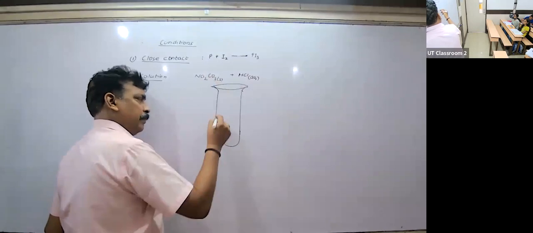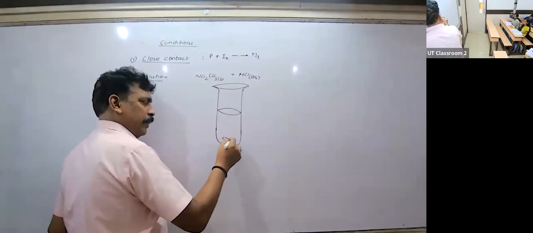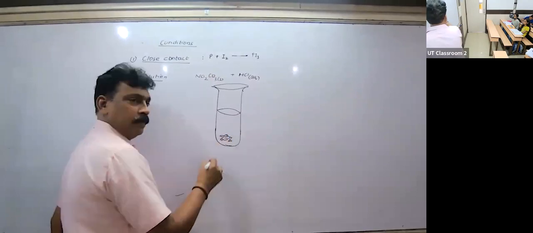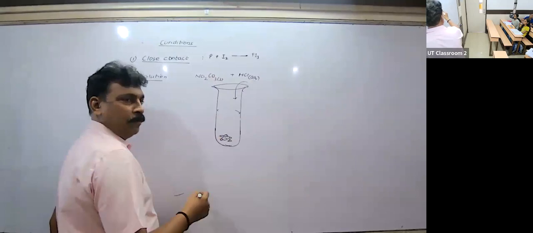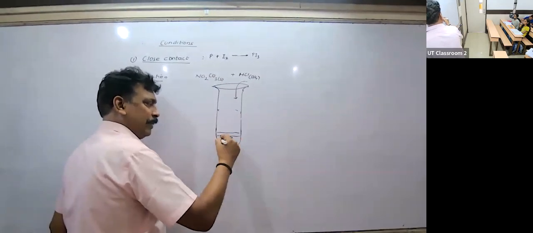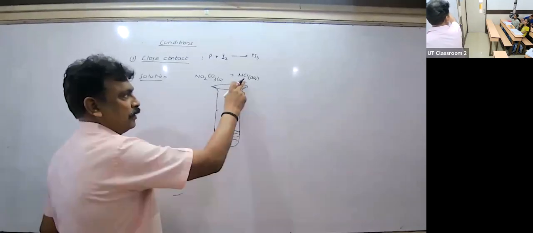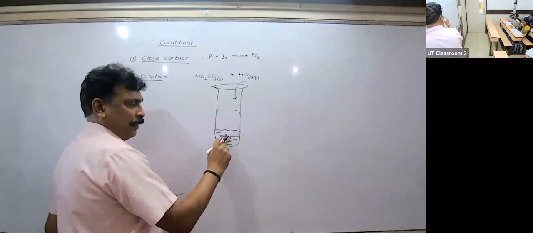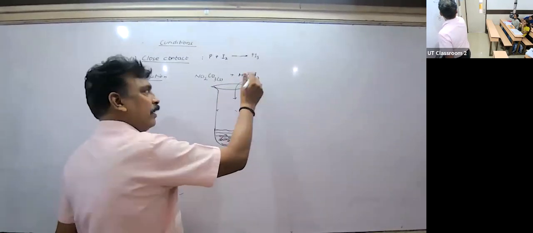Okay? In this you have, for example, some amount of Na2CO3. And then with the help of a beaker, or maybe from the bottle, you add HCl. The moment you add HCl in this, there will be a reaction. Now, HCl is a solution. This Na2CO3 goes in the solution, reacts with it, and finally forms what?